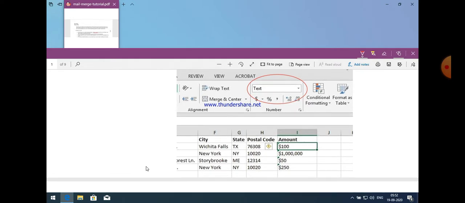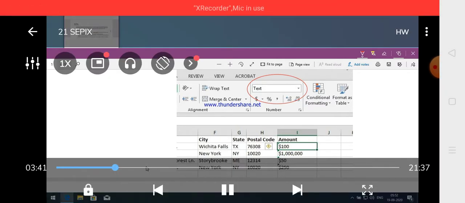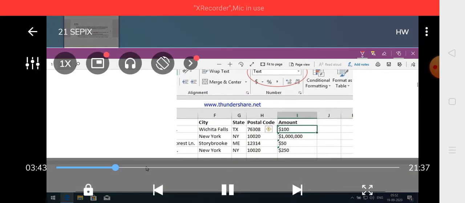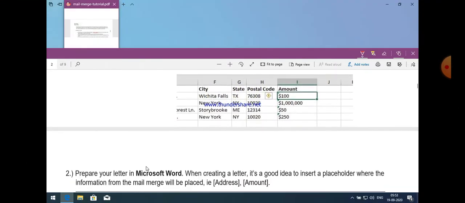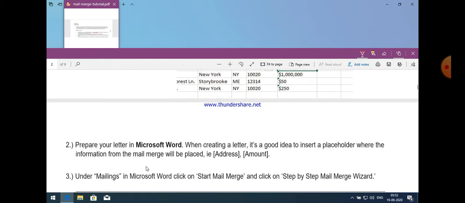If you want to use the mail merge option, you have some data in the form of an Excel sheet, and you can use it to send a particular letter, suppose, to different addresses and different persons, etc.